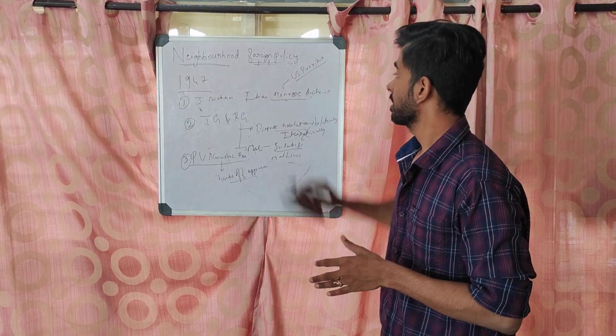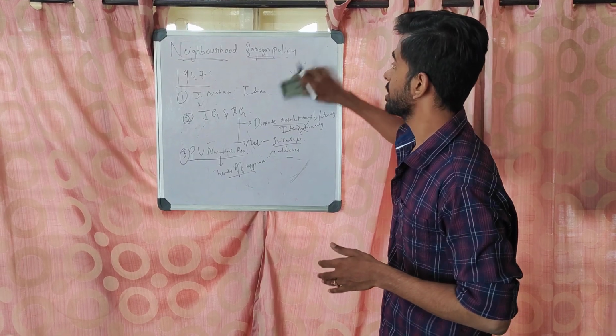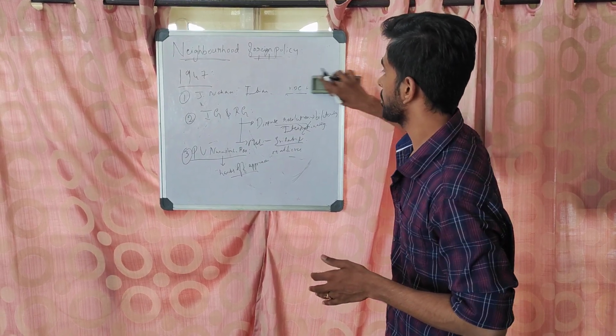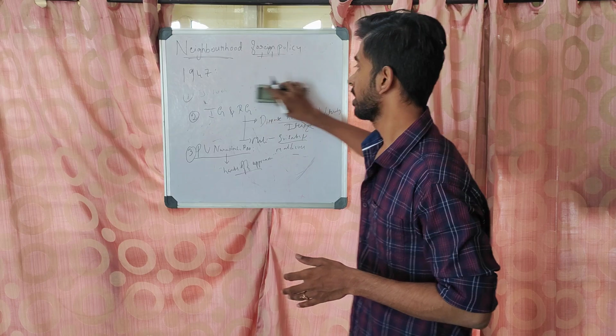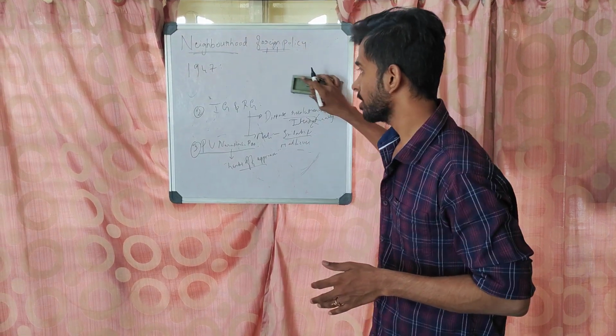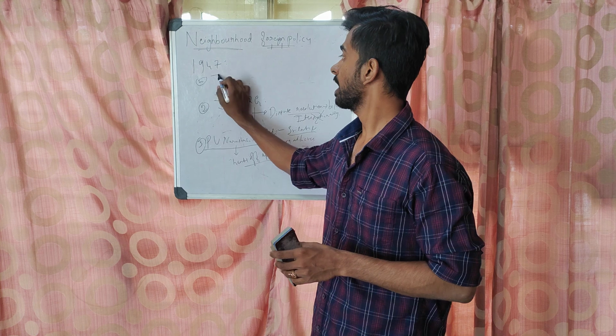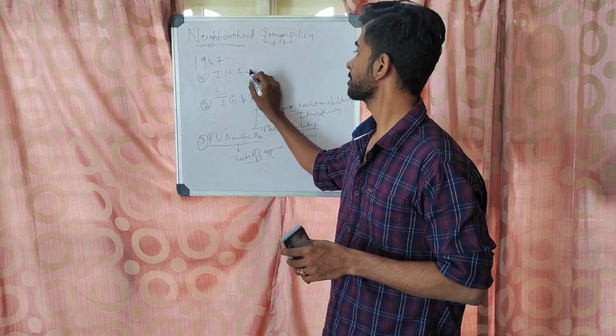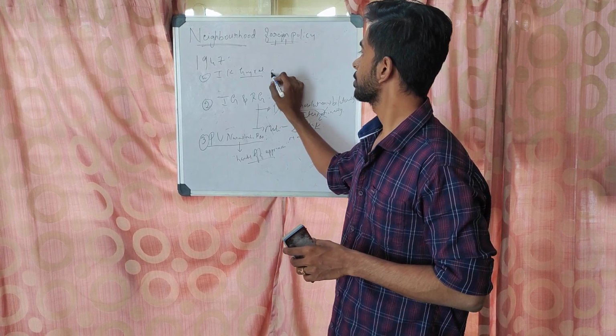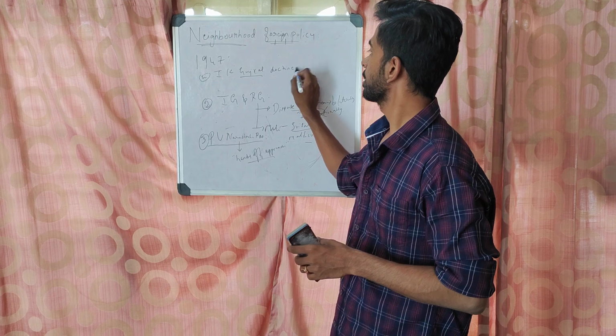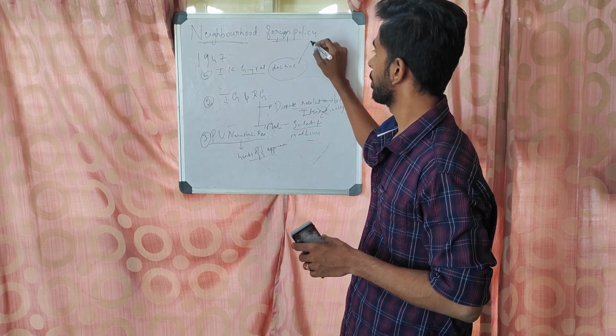And then came I.K. Gujral. You have heard somewhere about the Gujral doctrine. So what is the Gujral doctrine? The Gujral doctrine was related to Indian neighborhood relationships. And then the fourth one, I.K. Gujral. That is the Gujral doctrine. The features of the Gujral doctrine were